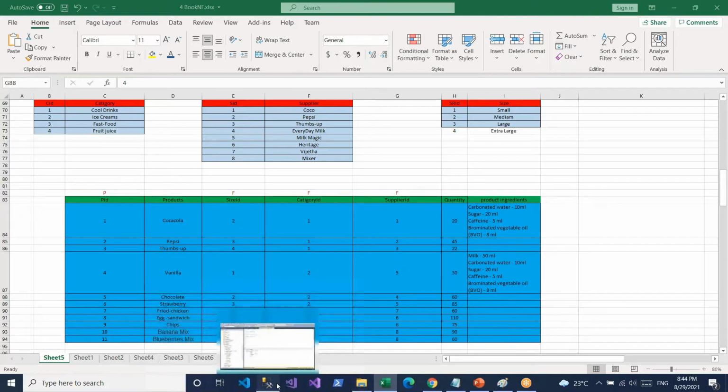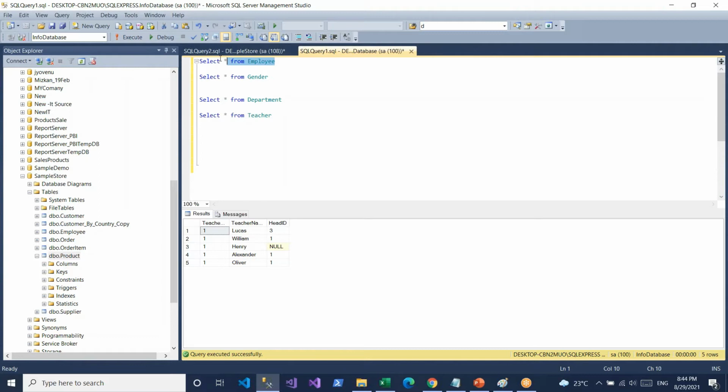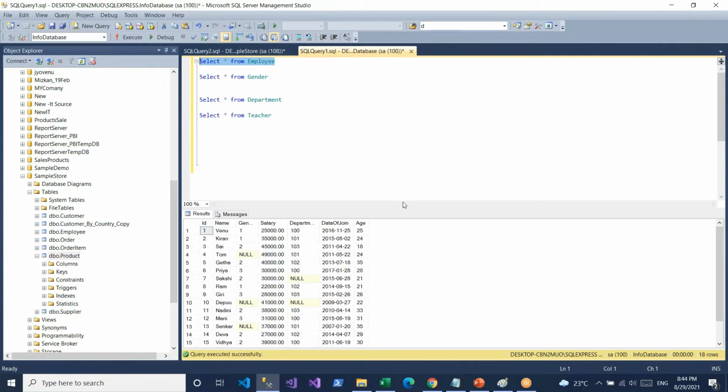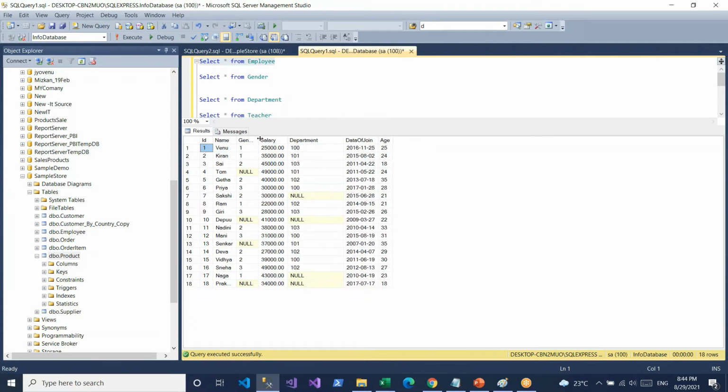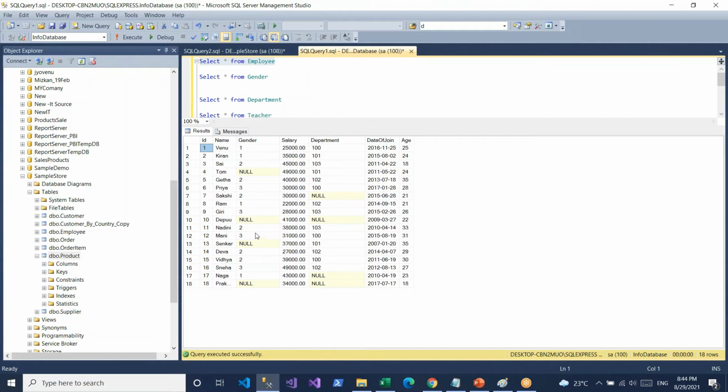So for this one, I will show you one example. I have here one employee table. In this employee table, I am having 18 employees. So observe the data first of all. Here, how many people have genders? Only 14 have genders, because these 4 people do not have any gender. A null value is there.